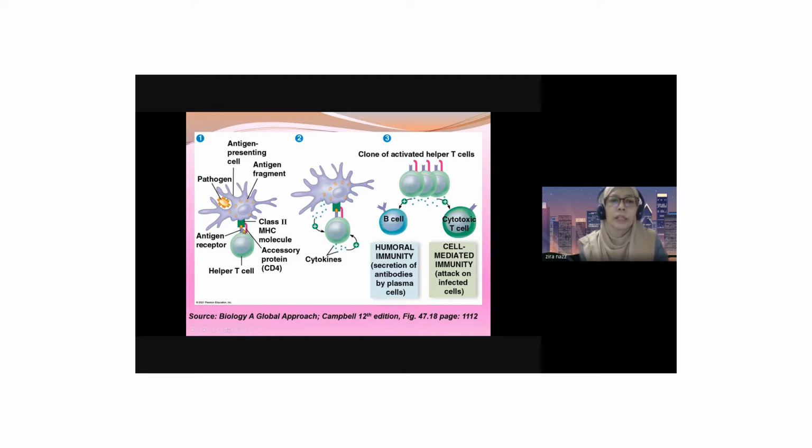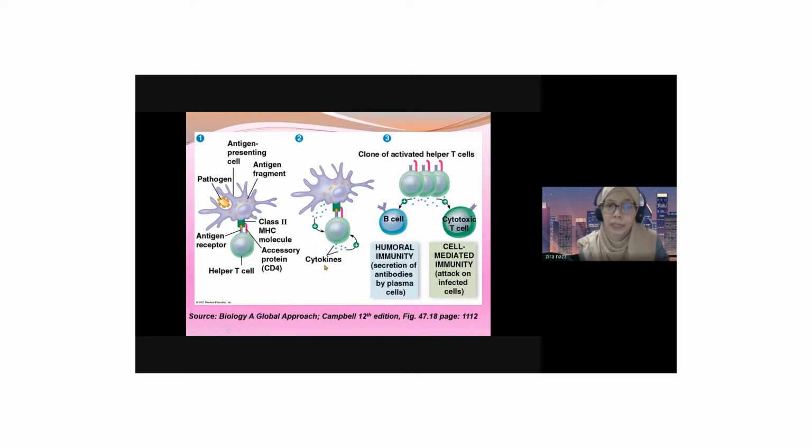Take note, there's an accessory protein attached to the T helper cell. The accessory protein is CD4. But for TC cells, the accessory protein is CD8. That is to distinguish between the helper T cells and the cytotoxic T cell. Okay, so once it binds to the helper T cells, here number 2, then the T helper cells,